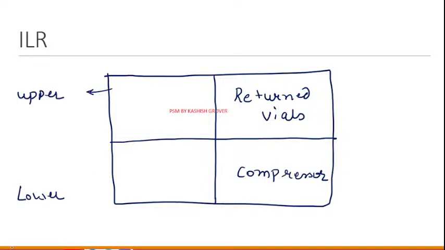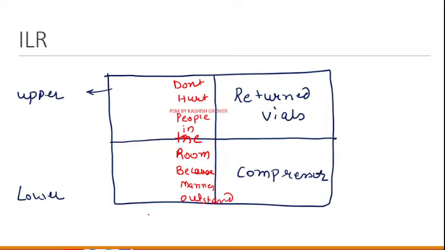So I have a mnemonic for you here, and the mnemonic is: Don't hurt people in the room. Don't hurt people in the room. The first part is in upper basket. Room is in lower basket because manners outstand. So it is OPV,